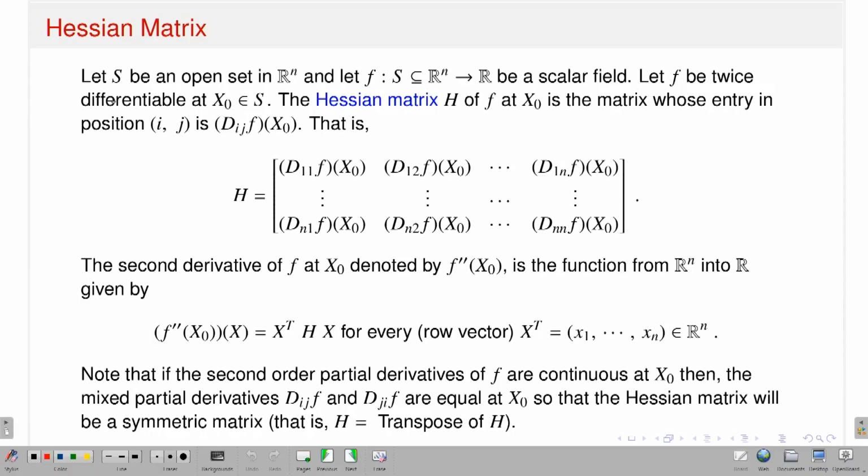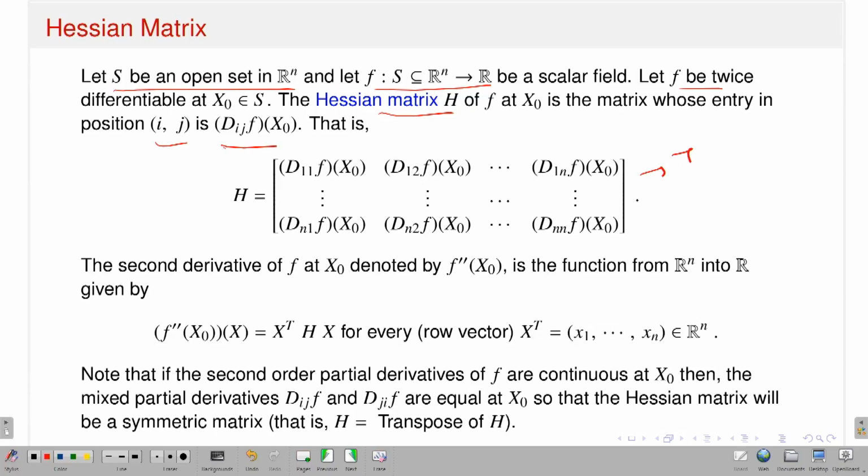Just to recall the Hessian matrix, I put it again here. Let S be an open set in Rn. Suppose you have a scalar field and suppose your function is twice differentiable at the point x naught. Then the corresponding Hessian matrix, whose ijth element is D_i D_j f at x naught,